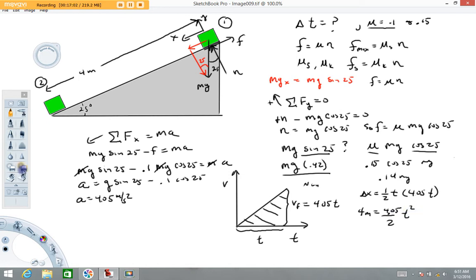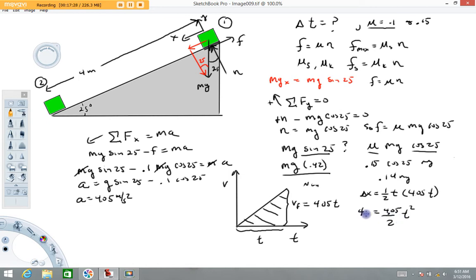And I guess, to be consistent here, if I'm going to leave units off, I should leave them off everywhere. Either put them in everywhere or leave them off everywhere, but don't do half and half. All right, so this was 4.05 meters equals, all right, 4.05 over 2. This would actually have units of 1 over second squared, all right, times t squared. So when we solve this for t,